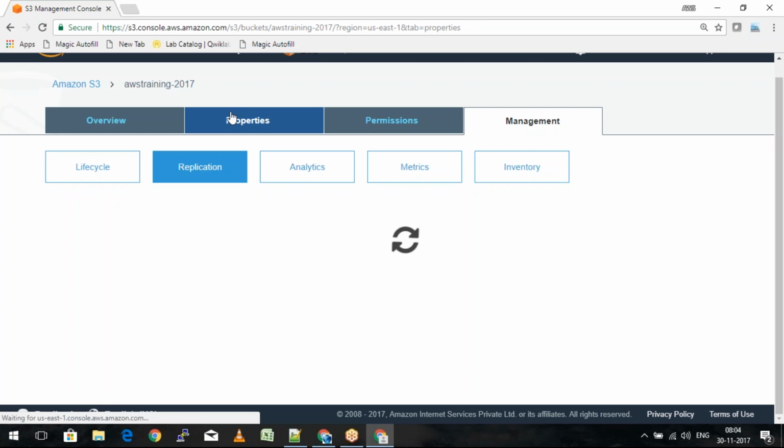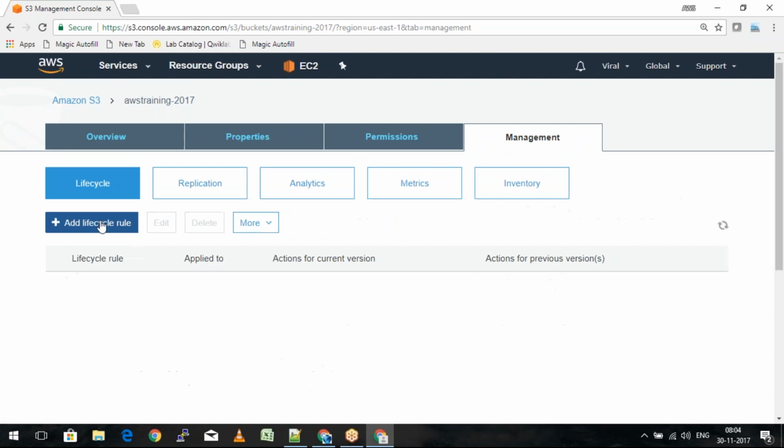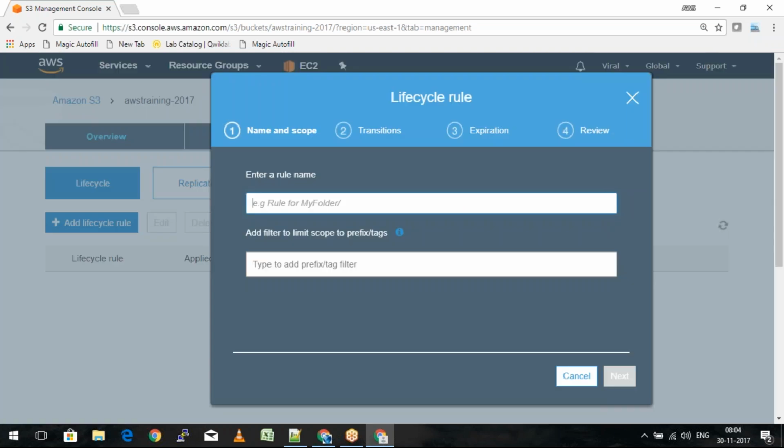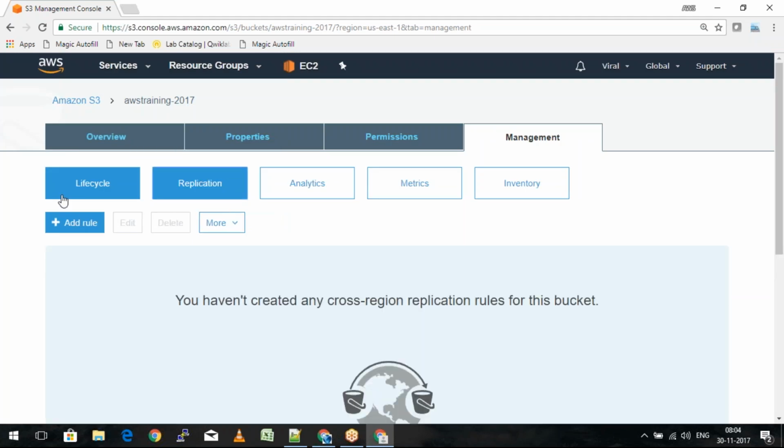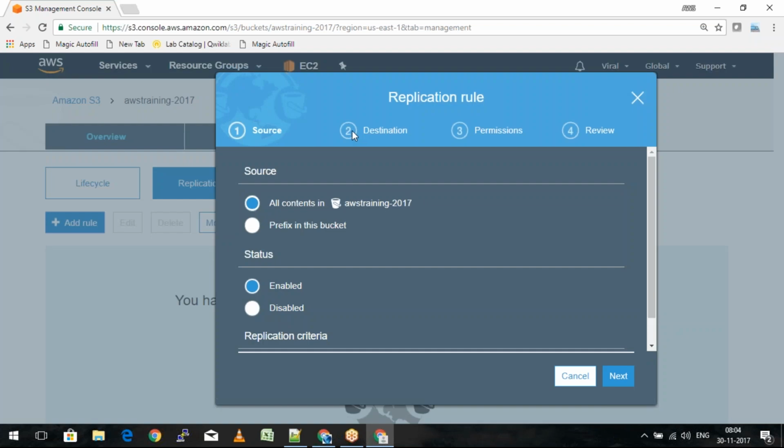Okay, so the first part is adding the life cycle rule. First thing is it is going to ask you for the name of the rule. So this is the life cycle rule. We are talking about the replication. Sorry about that. So when we go down to the replication rule, it is going to ask me what